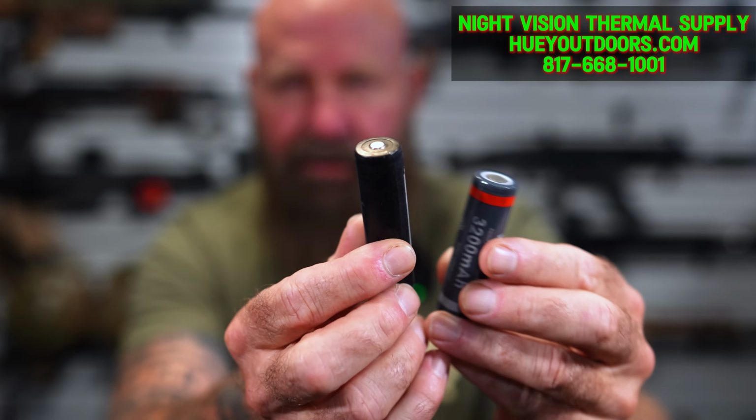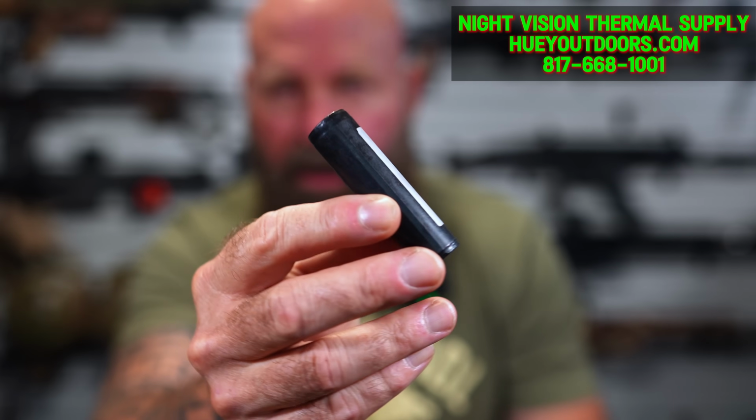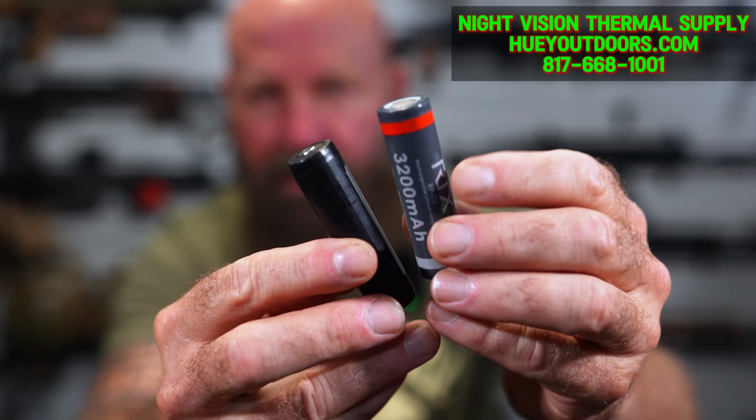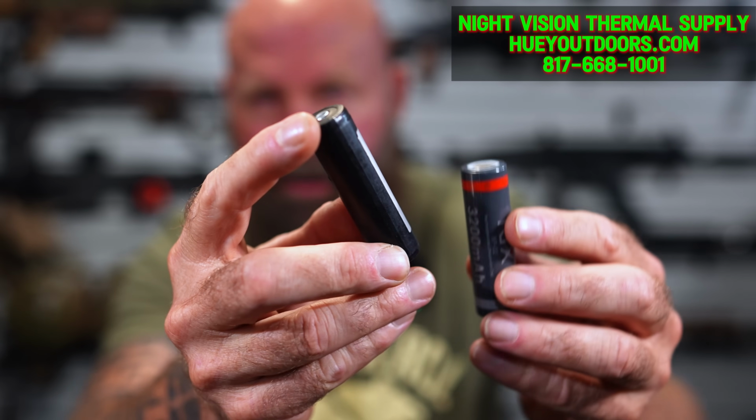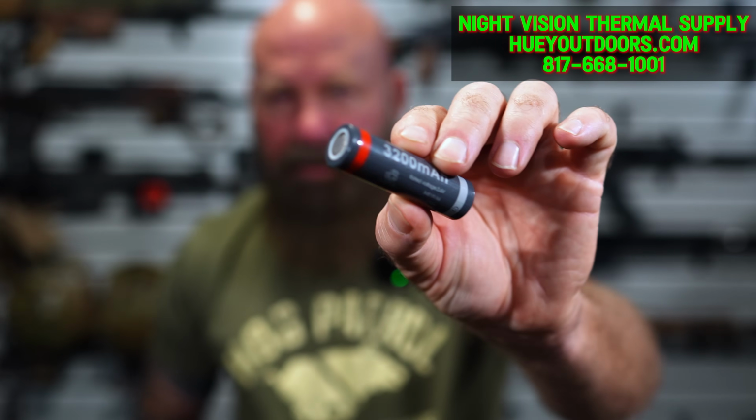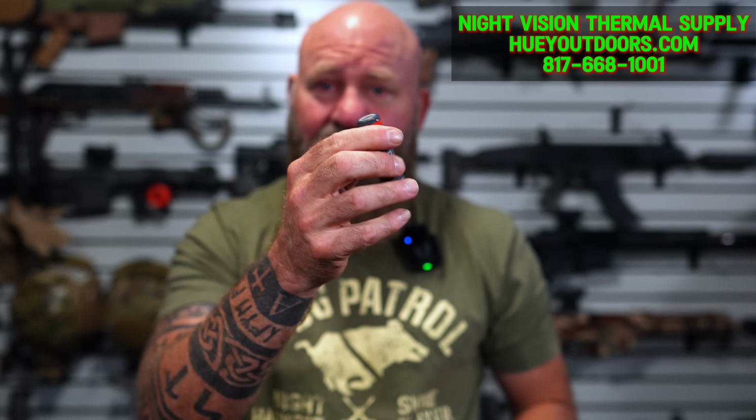So here we have our 18650 batteries. This is the one I just took out of the Nox 18. Here's the one the Storm takes. If you notice, the Storm takes a flat top. Most everything else has the protective nipple up there. It will not work with a protective nipple. I have all these batteries because a lot of my flashlights take 18650s, and I have a ton of rechargeable 18650s with the nipple on them. Unfortunately, you're going to have to use flat tops, but they're usually $8 to $9 a piece, maybe $10 a piece now. You can buy a lot of rechargeable batteries